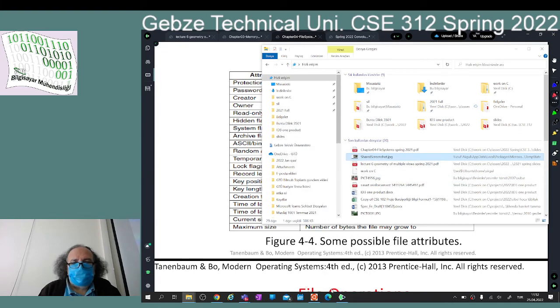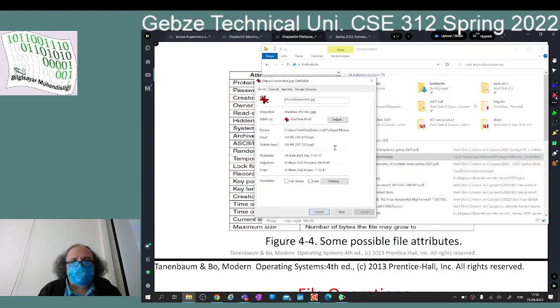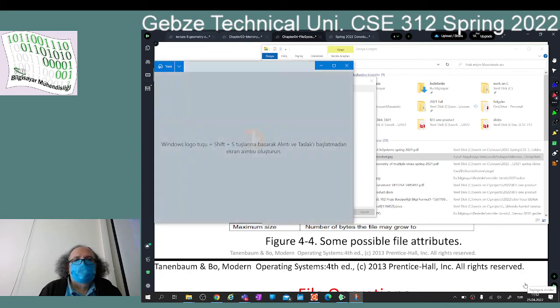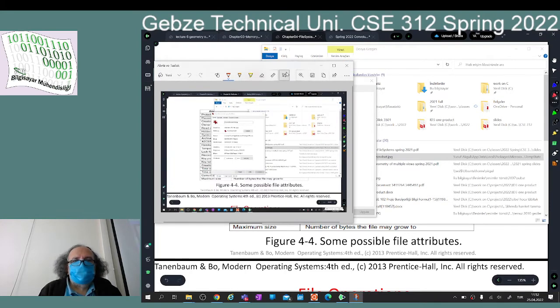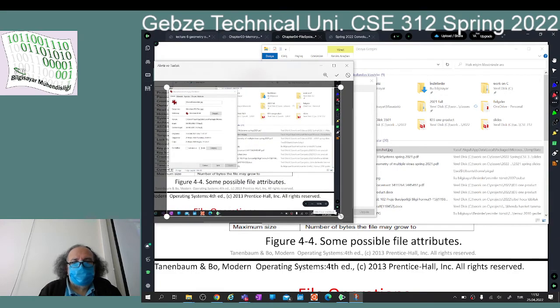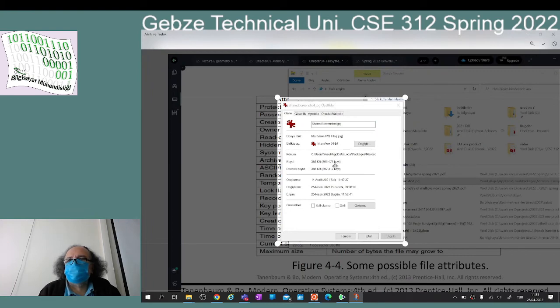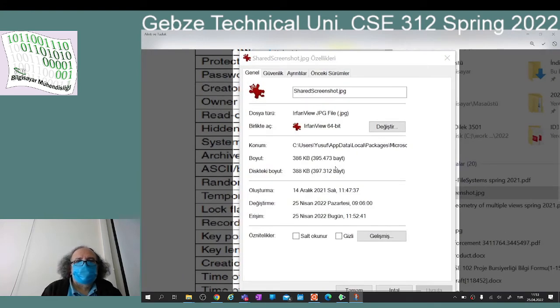This one, as you see, maybe it is a little bit difficult to see from back there. Maybe I can capture it and crop it and make it bigger that way. Maybe, yeah, it works. Did it work? Yeah, okay. So as you see, if you click on the security tab or the details tab or see, it